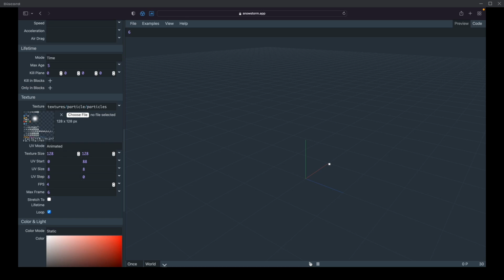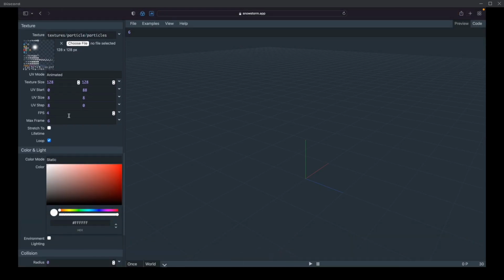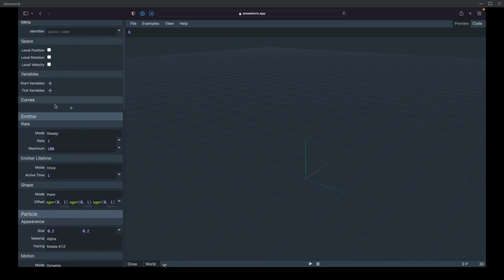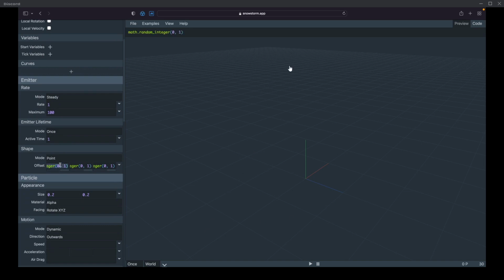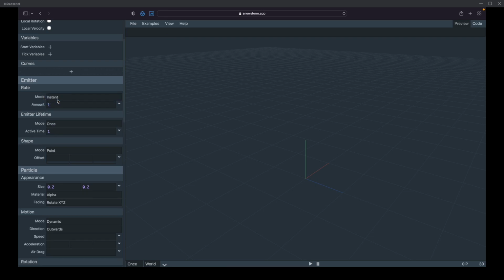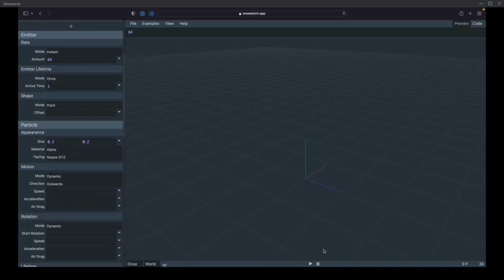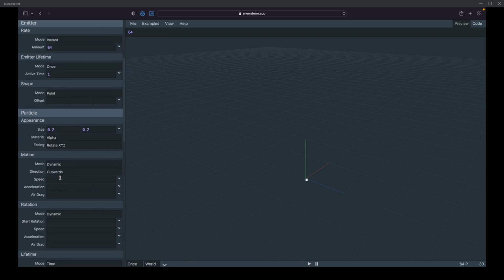Speaking of explosions, do we want to try and get some movement into the particles? Yeah, let's get these going. I'm just going to emit this from a single point instead of having it randomly offset. When you don't have a field inside Snowstorm set, it generally defaults to 0, so you can just clear it without having to worry about it. And we're gonna do an explosion. We should probably instantly emit particles. Let's say 64. Okay. If it's set to outward already, let me see what it does. Oh, I need a motion speed.